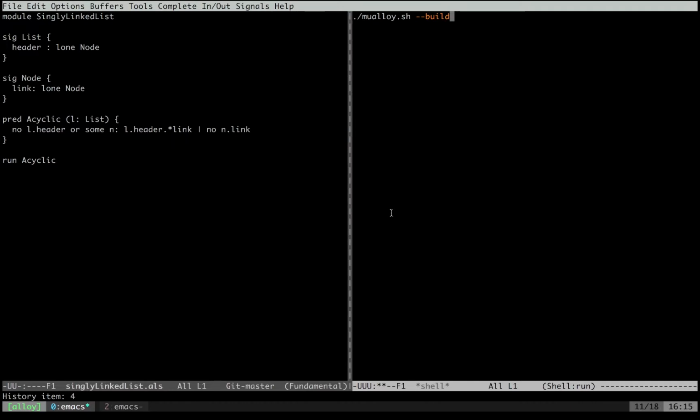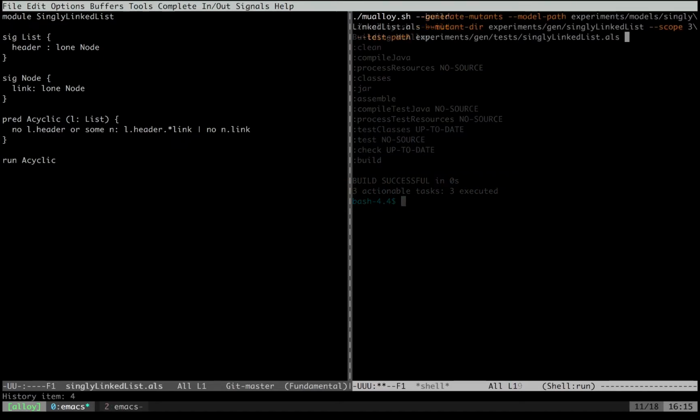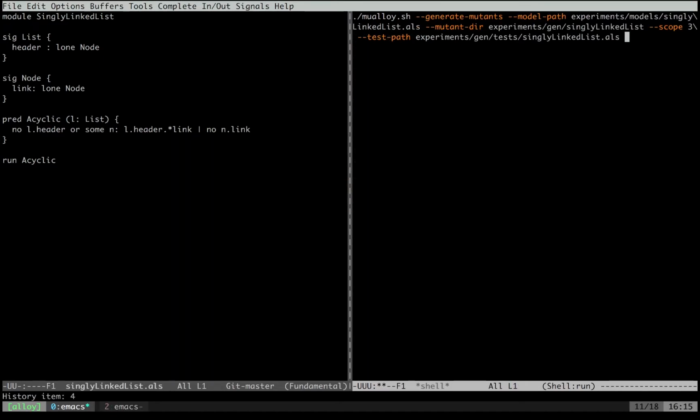First, to build MuAlloy, just run the --build option for the script. If successful, you should be alerted by the output of the command. Next, we will use MuAlloy to generate non-equivalent mutants so that we can later perform mutation testing. If we want, this is the action that can also produce a mutant killing test suite for a target Alloy